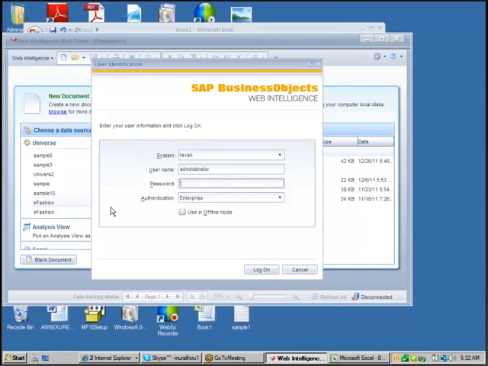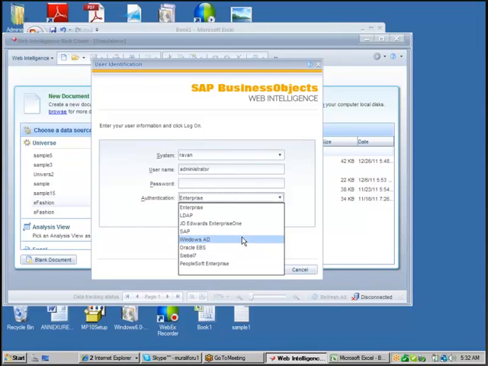Now when you click on eFashion Universe, you are trying to take that eFashion Universe from the server. That means you already created eFashion Universe from your client and exported it to the BO server. If you want to take that Universe, which you exported to the server, as a source for the report, you just need to enter that server username and password, so that you can talk with the universes which are there in the server. Or if you want to connect with the local Universe, at that time you need to use offline mode, and in place of enterprise you need to select